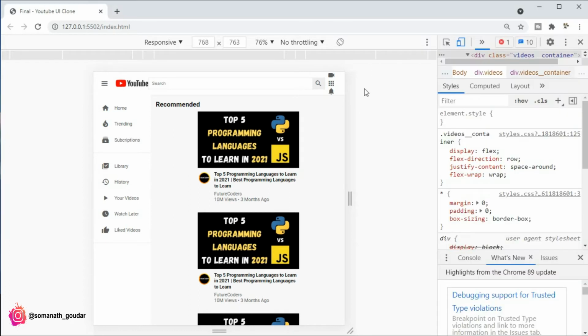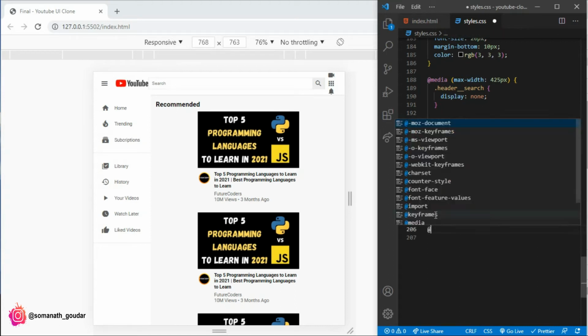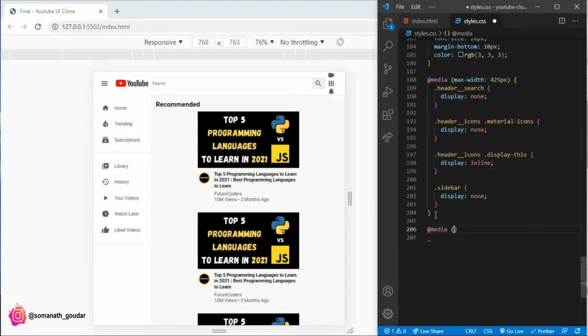Now when the maximum width is 768 pixels, let's add another media query over here, that is media, and the max width is 768 pixels.